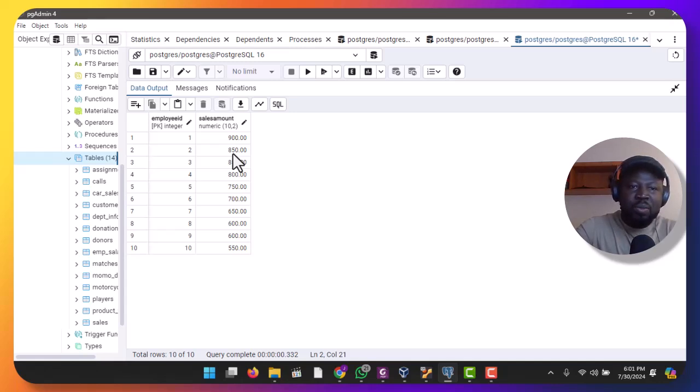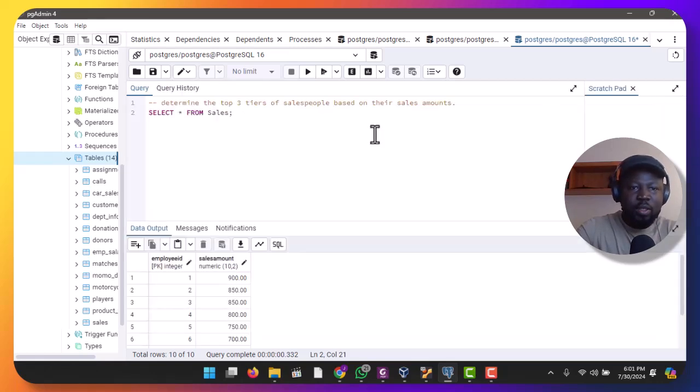Okay, so with this particular one we want to try both rank and dense rank to see what will come out of it. So we want to determine the top 3 tiers of salespersons based on their sales amount. With this we can use a subquery or even a CTE. Now I prefer the CTE, so let me use a CTE with the name top tier. So with top tier as,